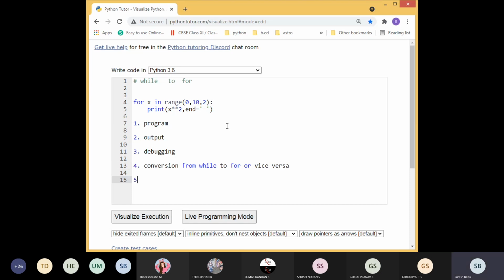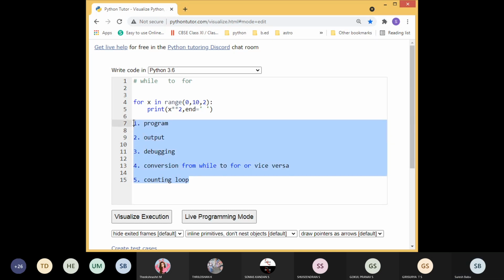Then a fifth type also, where they will give the program and ask how many times the loop will execute, counting loops. Understood, students? Kindly note this down. Any one will come in every exam, but you cannot expect all 5.